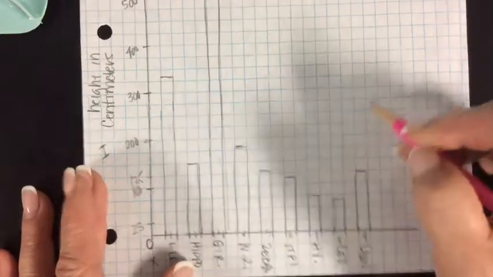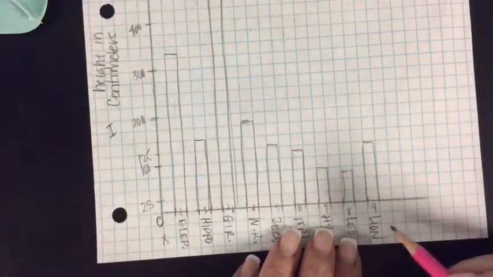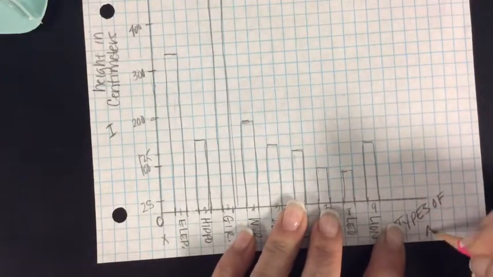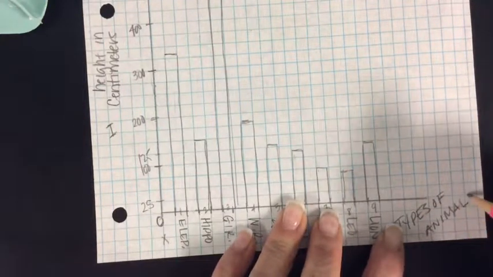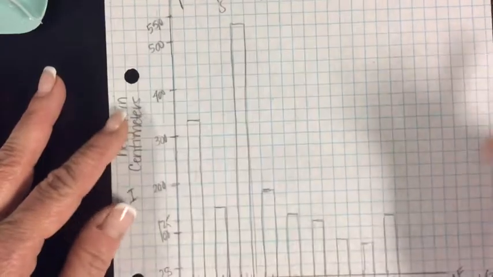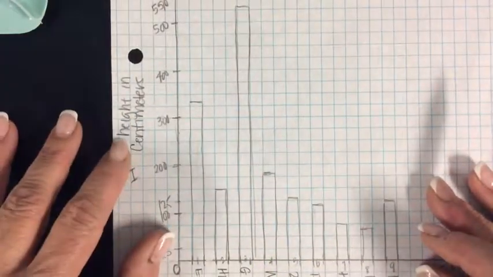So I'm going to go back and color these because this is kind of hard to read. But remember, what are these? These are the types of animals. And I need to be sure I label my x-axis. All right, so I'm done with my bar graph. That's it. You'll notice that you can see one is way bigger than the rest because we are measuring height